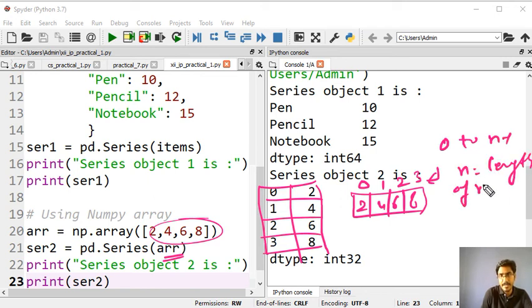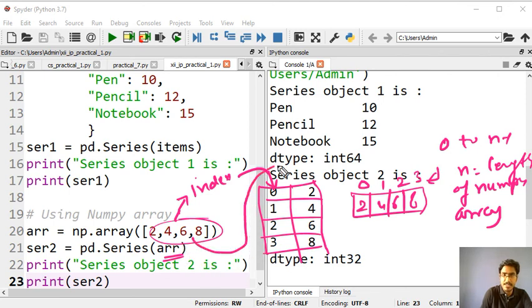So we are passing this NumPy array into Series. The series index is also 0 1 2 3, and these become the values.